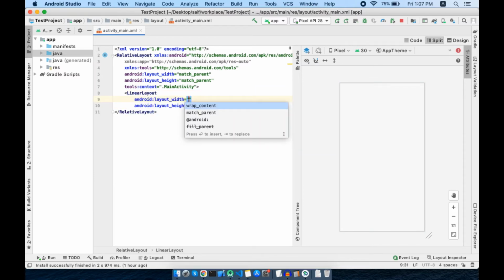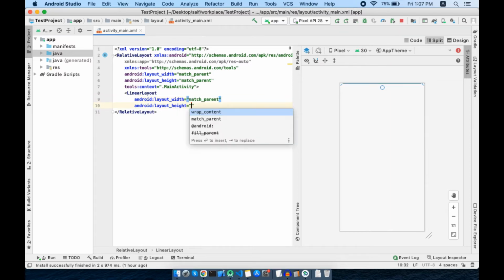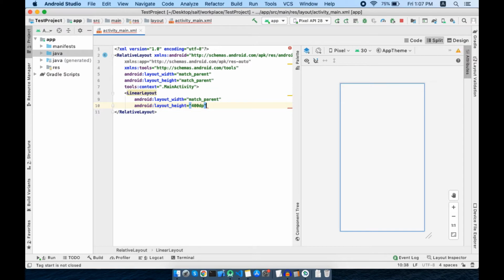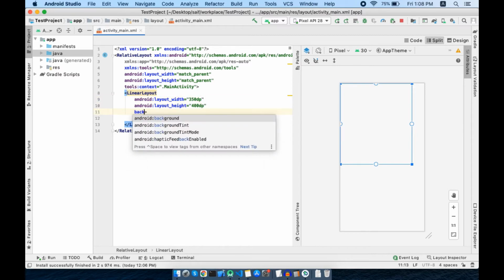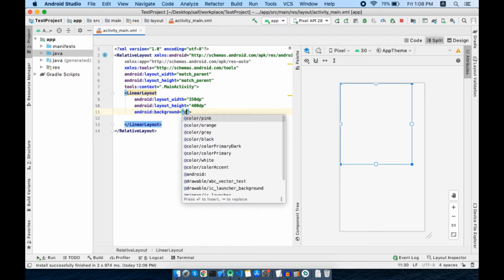Now inside this one, let's create one more container and that will be a LinearLayout. Set width to match parent and height to 400 dp. Let's set the width to 350 dp and set the background to black.